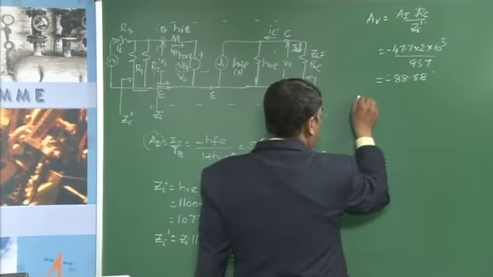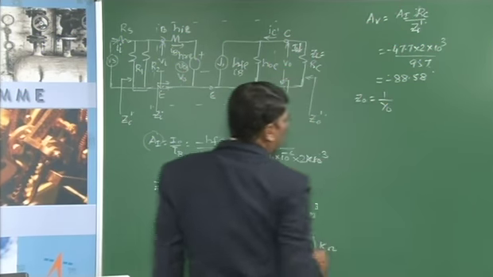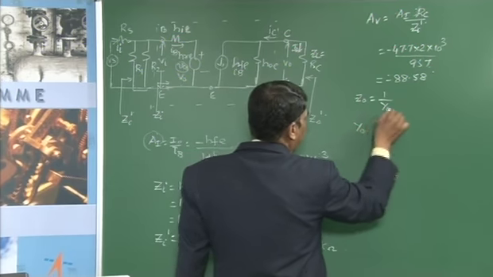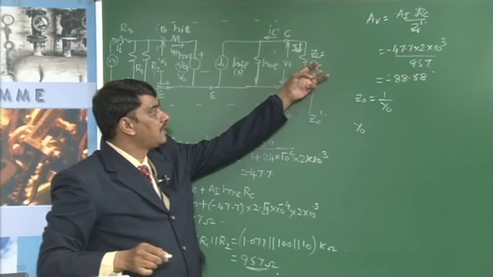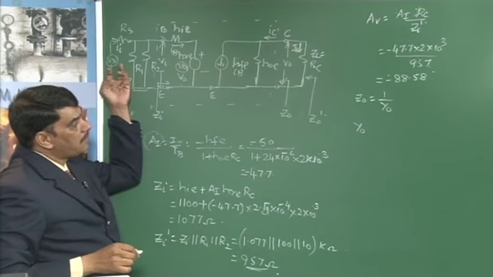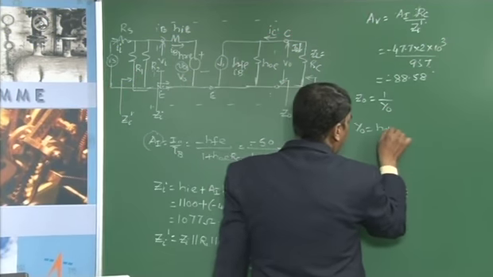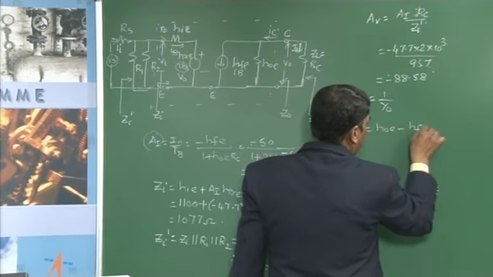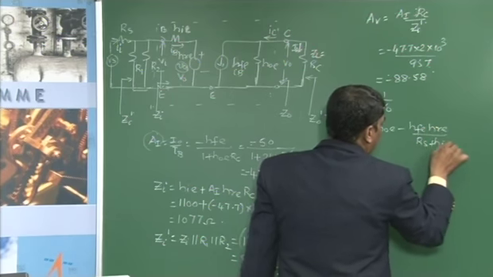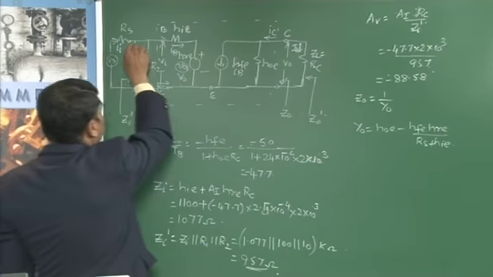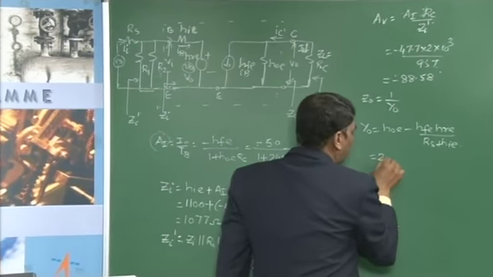Next, output impedance Z0 is equal to 1 by Y0, where Y0 is given by, because when you are calculating the Z0, you have to open circuit the load resistance and short circuit the input voltage Vs. According to this, you are going to get HOE minus HFE HRE divided by RS plus HI. The input source resistance of an amplifier is given as 1 kilo ohm. Then if you substitute this value